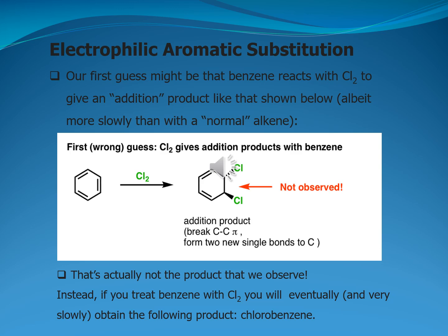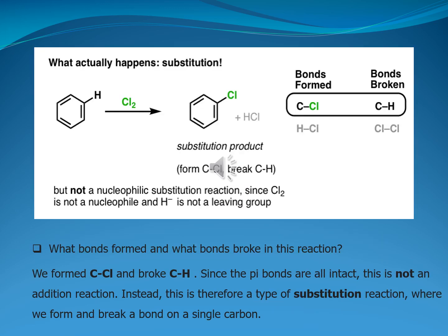Instead, if you treat benzene with chlorine, you will eventually obtain the following product, that should be the chlorobenzene instead of 1,2-dichlorohexadiene molecule. So what actually happens? That is substitution, because you can see in this example when the benzene molecule is treated with chlorine, it gives substitution product in which formation of the carbon chlorine bond and breakage of carbon hydrogen bond